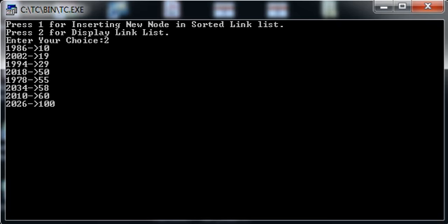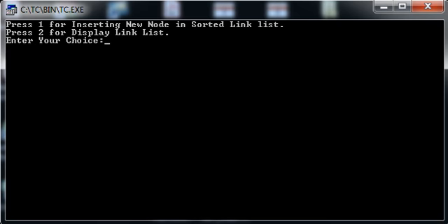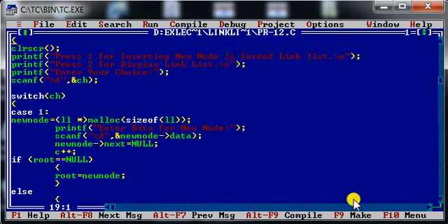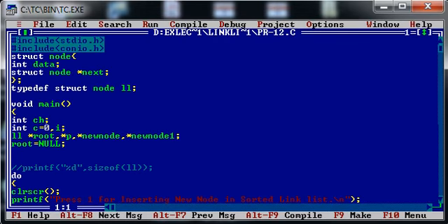Okay, so I hope you understood the concept. Just have a look at this code for your reference.